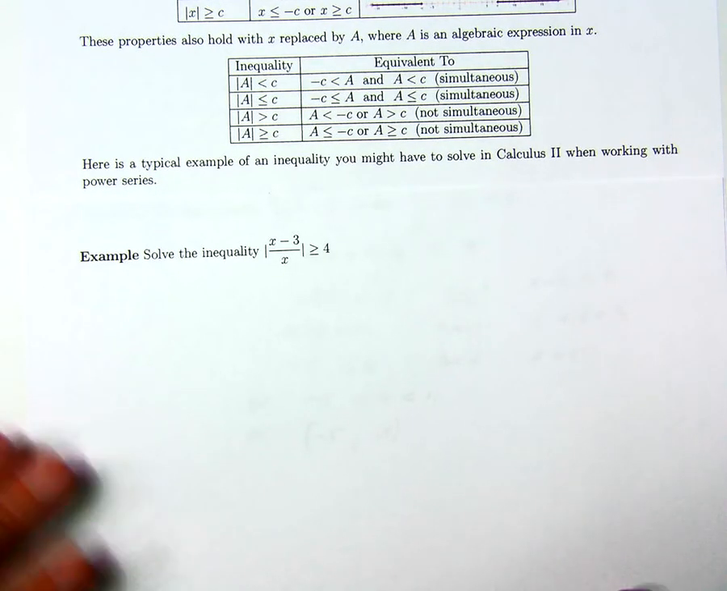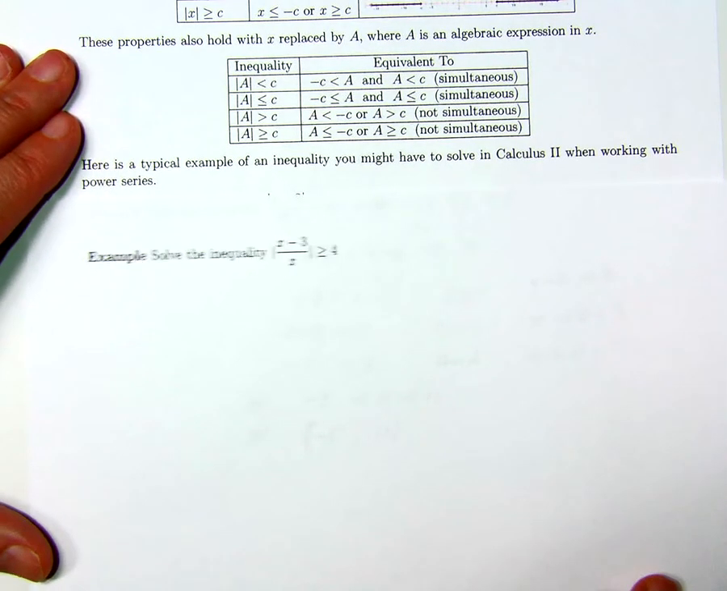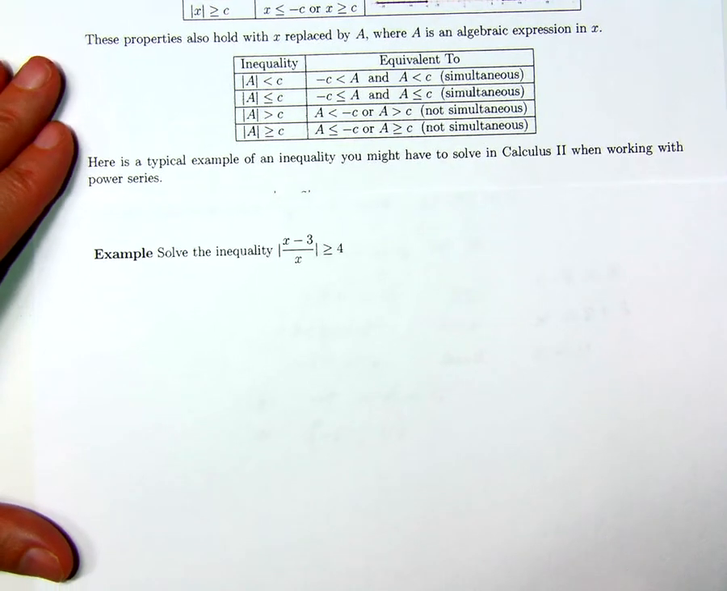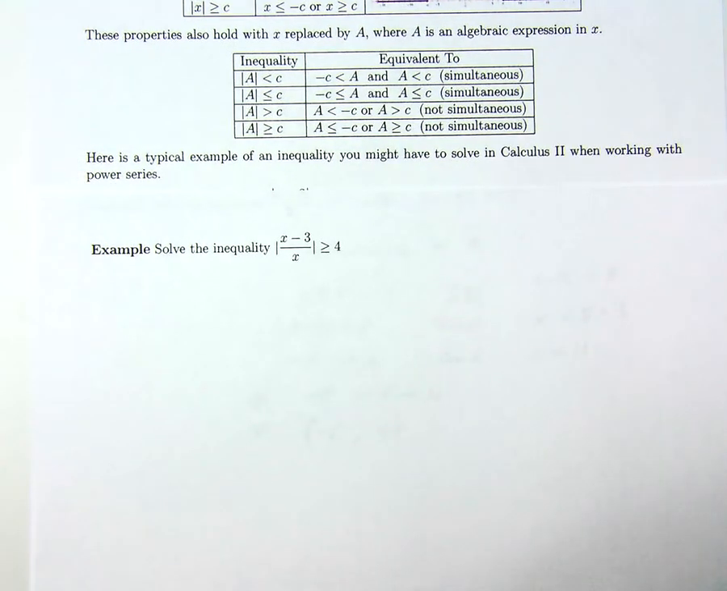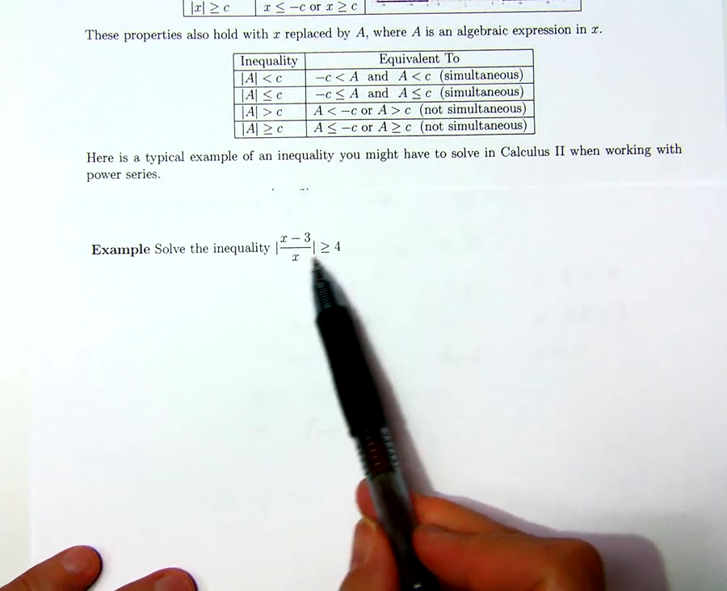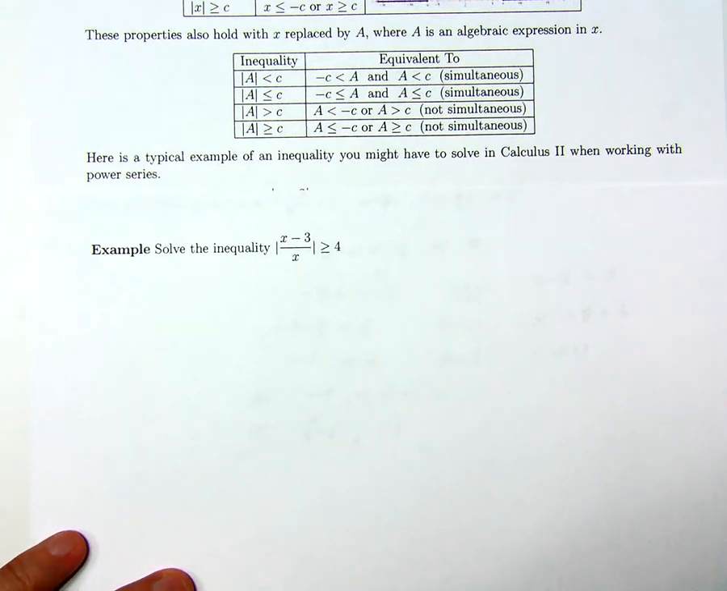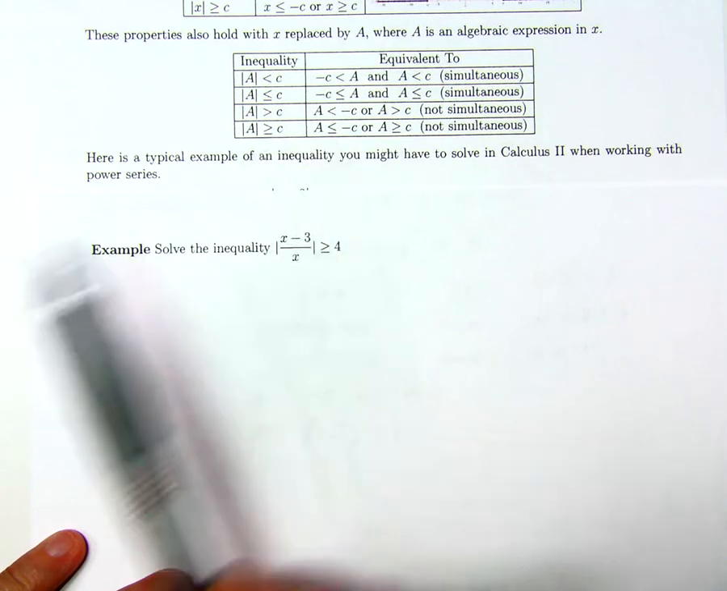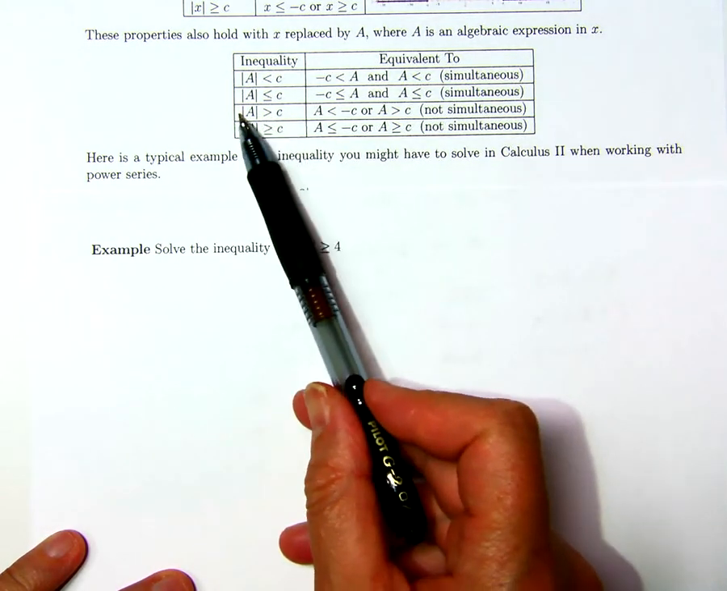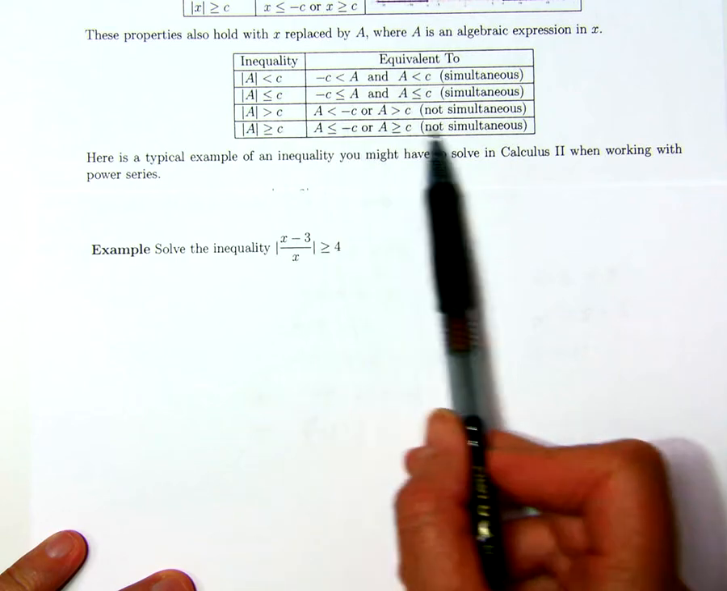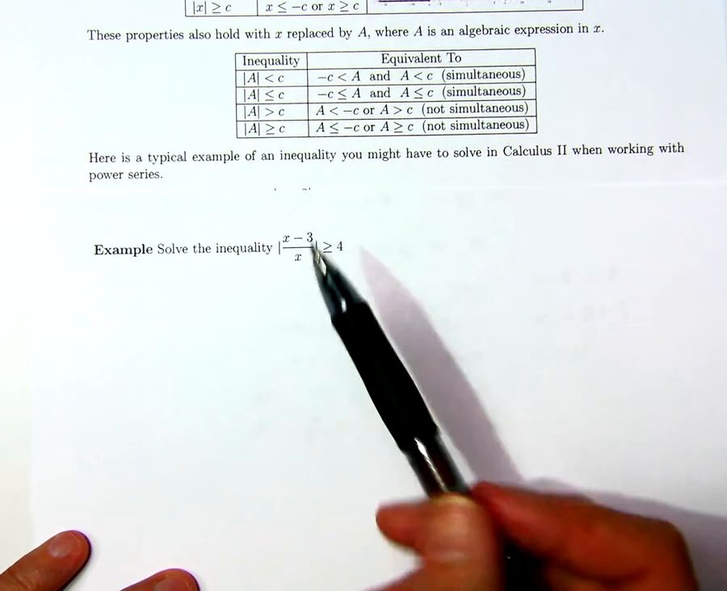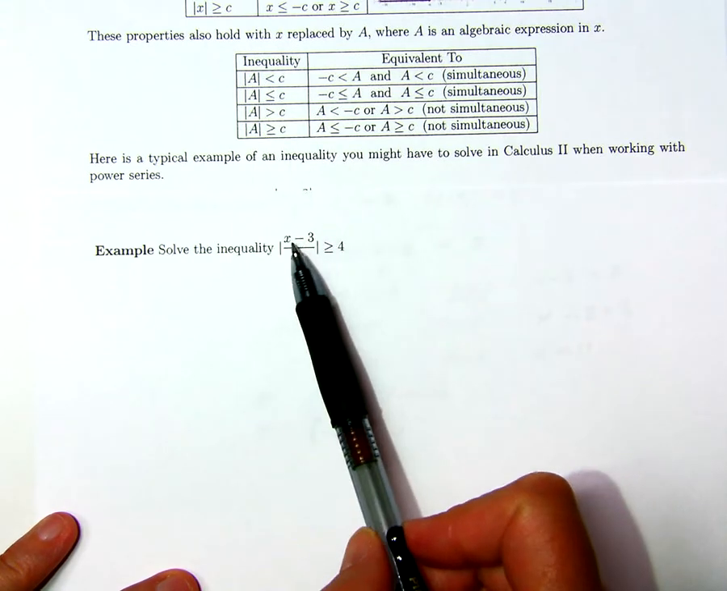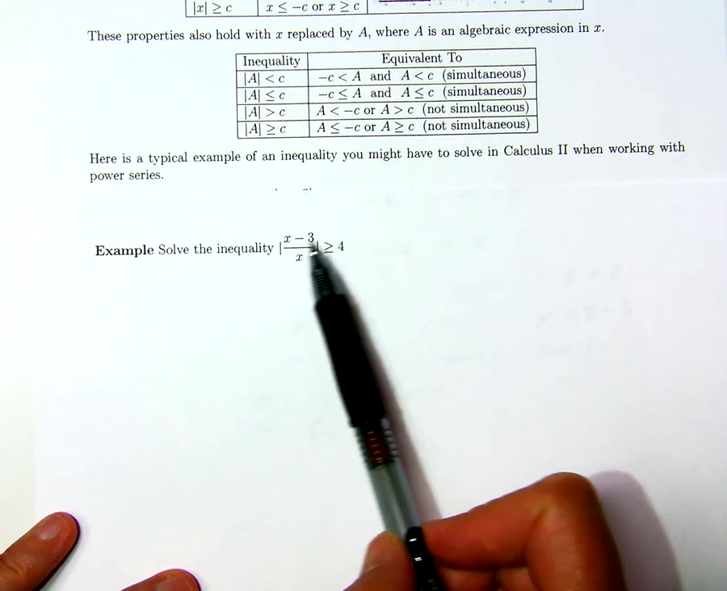Okay, now on to our second example of inequalities involving absolute values. Suppose we're asked to solve the inequality, the absolute value of (x minus 3) over x is greater than or equal to 4. Now, according to our chart, or our above analysis, this corresponds to the fourth, the last line, and so the solution set to this inequality is the set of all x so that